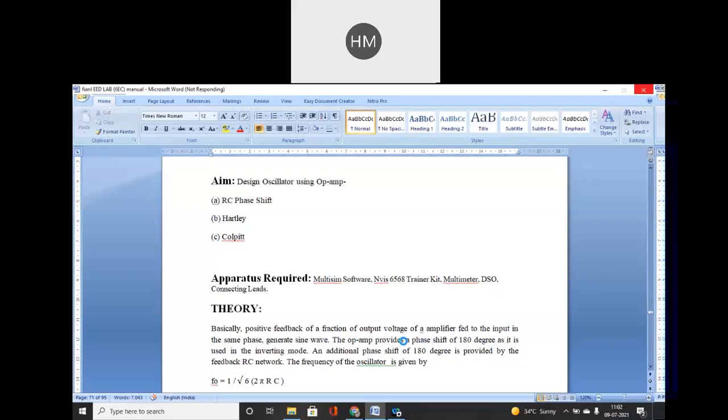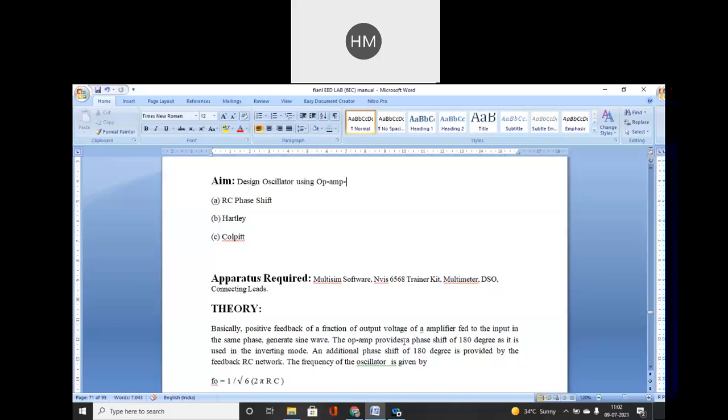Like in the RC phase shift oscillator, we are using an RC network. In Hartley oscillators, we are using an LC network. So these networks will be used to provide this 180 degree phase shift. ठीक है, so this is the major concept of your feedback oscillator circuits. So here what we have to do, we have to design our own circuit which can produce a frequency of 1 kilohertz, 2 kilohertz, 100 hertz. And see, oscillators are again classified: those which work in the audio range, and those which work in the RF, radio frequency range. So depending on that, we can classify the oscillators also.